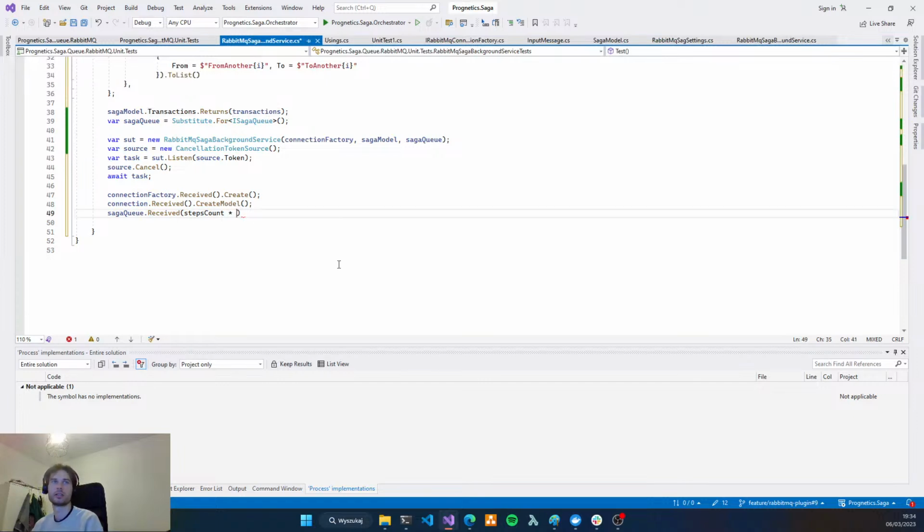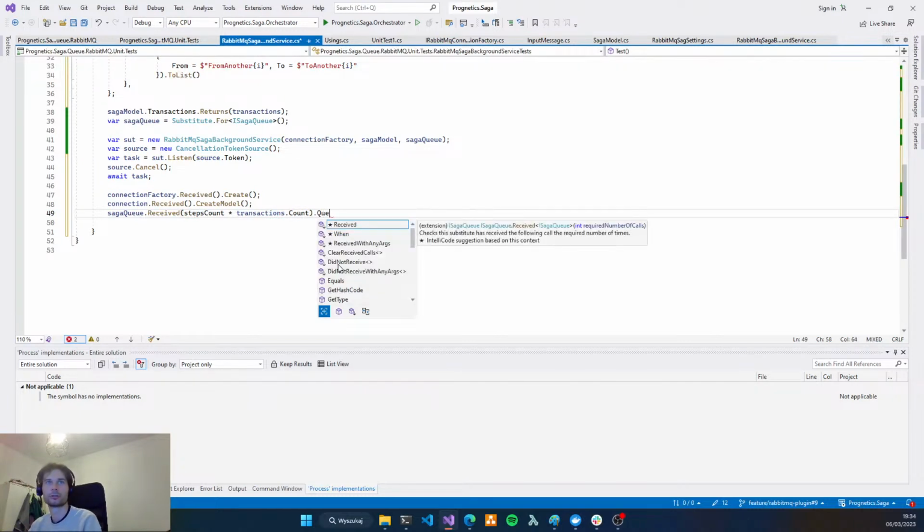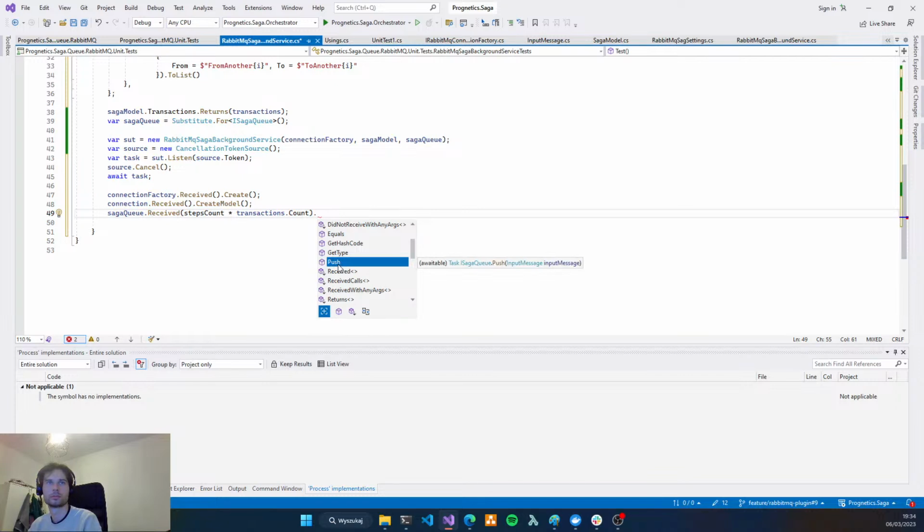Let's go with this queue received, and now we want to receive queue declare.